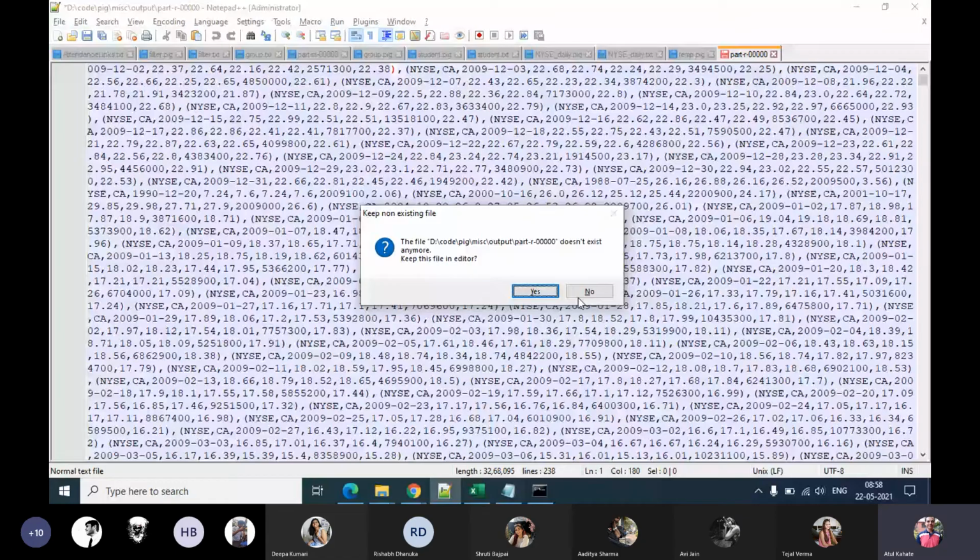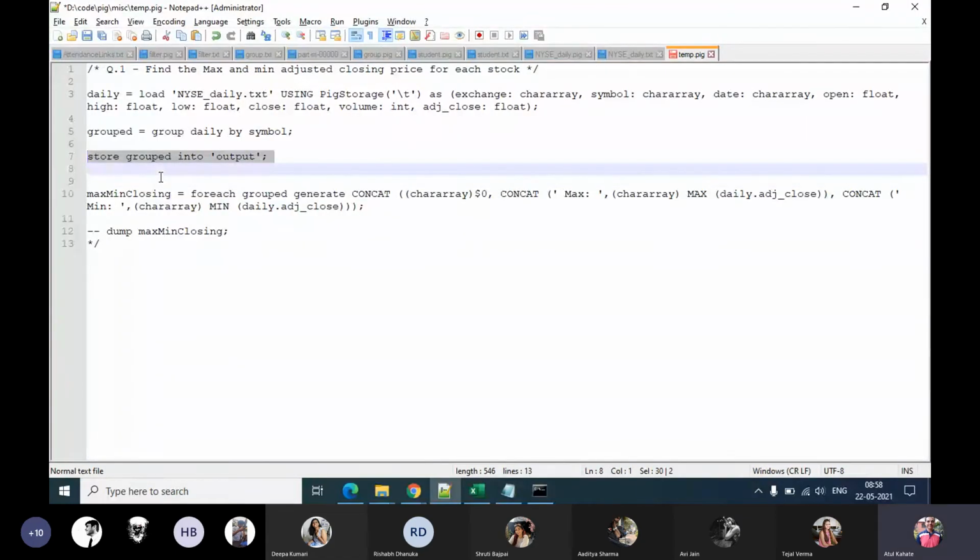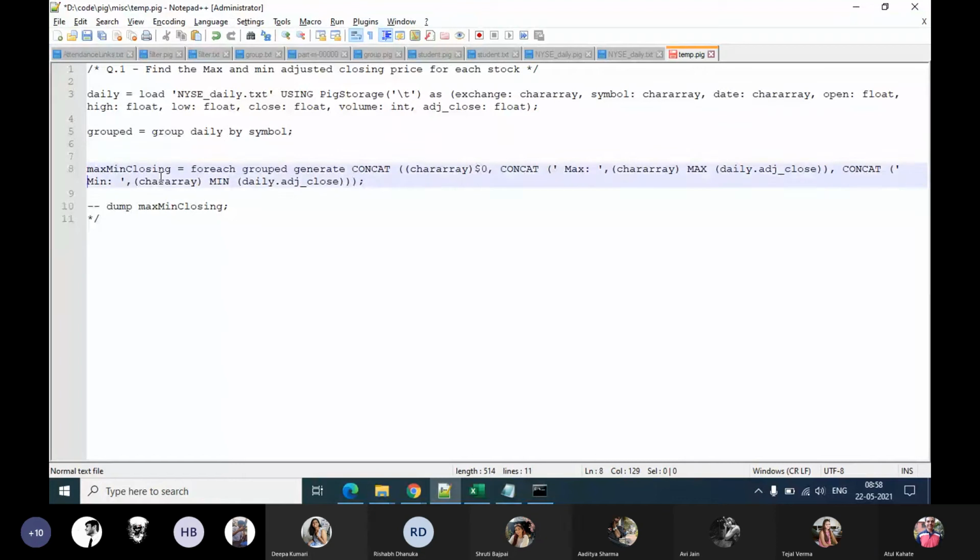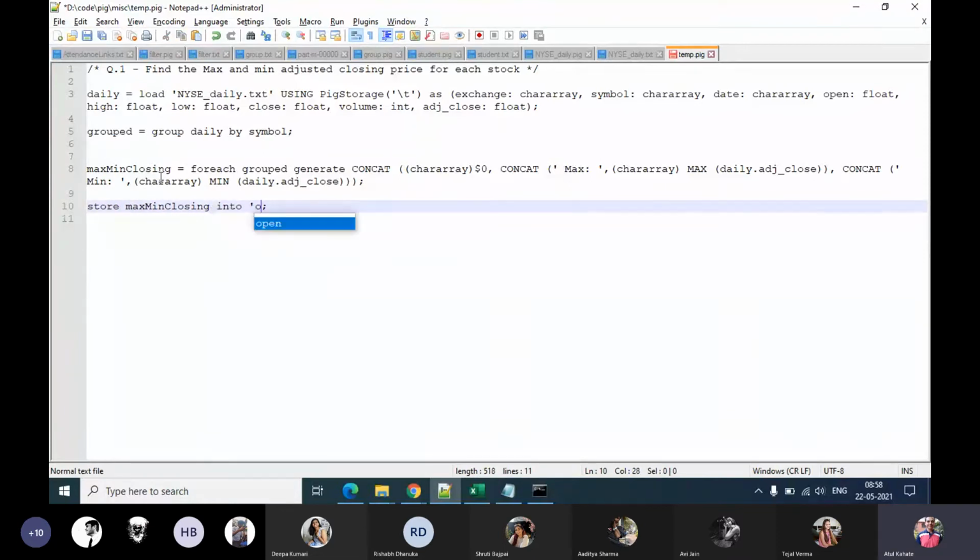I'll remove this comment. I'll remove this store statement. And we will write or store the max and minimum into the output file.